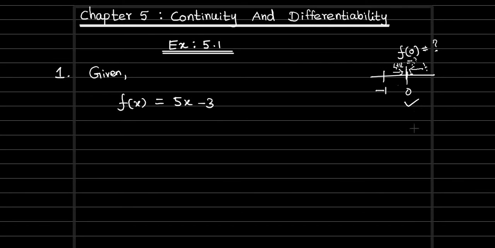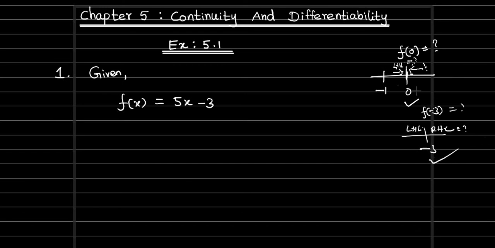Now at x equal to minus 3 we are going to check. The same thing applies here. So f of minus 3 is also required. Left hand limit and right hand limit we need to find out. After that we are going to check whether all the values coincide: the f of minus 3 result, left hand limit result and right hand limit result. If all values coincide, then we will say the function is continuous at x equal to minus 3. So this is the process.